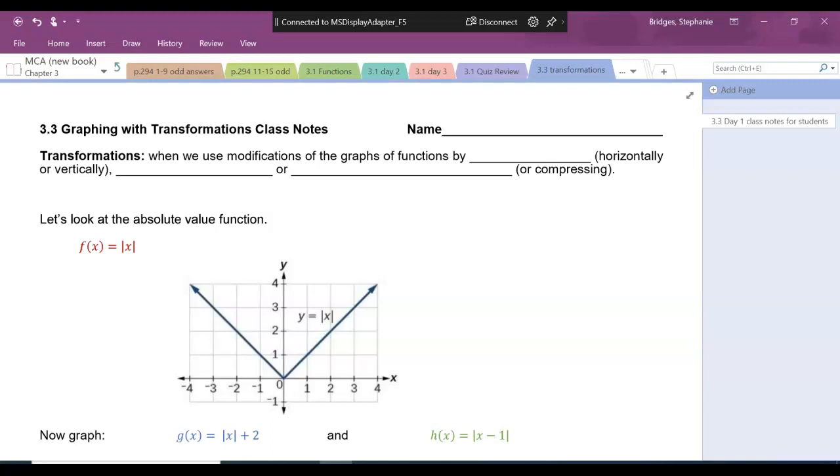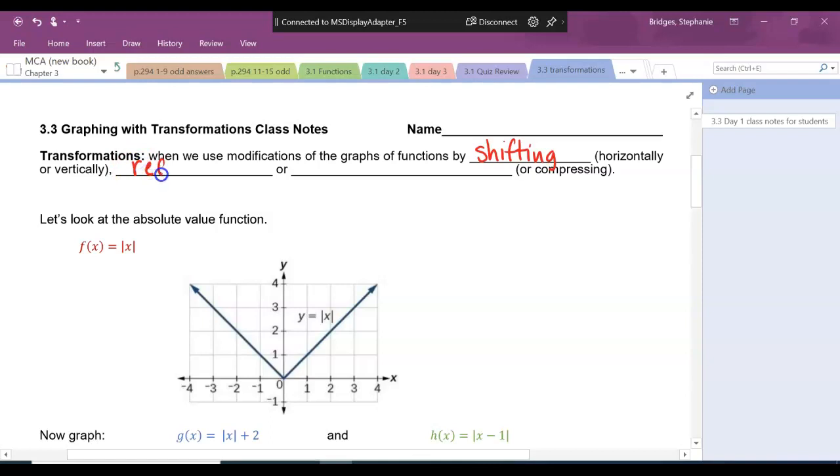We're going to look at a bunch of different ones and look at what happens to the equations when we do that. So at the top, you'll see there's a couple of blanks that you need to fill in. The transformations are when we use modifications of the graphs of functions by shifting them is the first one. And that is going to be either horizontal or vertical, so left or right or up or down. And then also when we stretch,